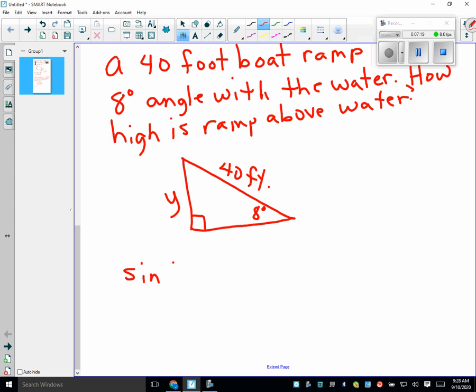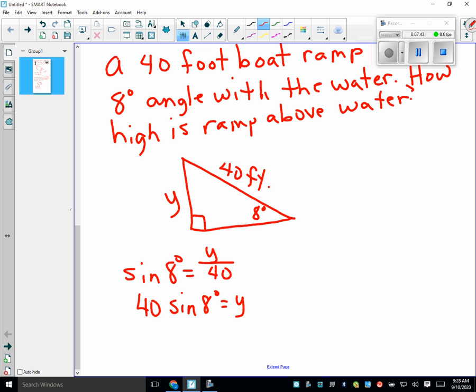So the sine of 8 degrees is equal to y over 40. I had already written degrees once, so I don't count off in the middle of your problem if you don't put degrees. 40 sine of 8